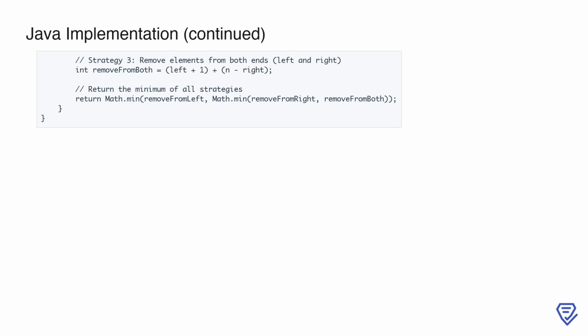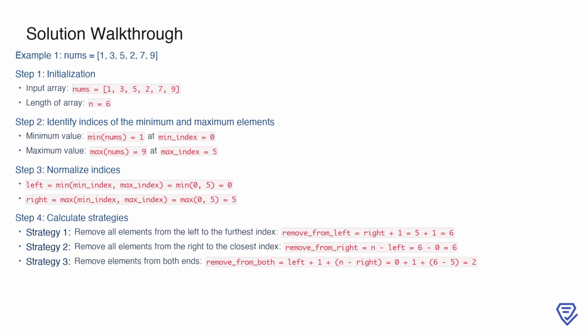implementation clear and efficient. Here, we are starting with example 1, where the input array is nums equals 1, 3, 5, 2, 7, 9. The length of the array, n, is 6. The first step is to identify the indices of the minimum and maximum elements. The minimum value in the array is 1, which is located at index 0, while the maximum value is 9,